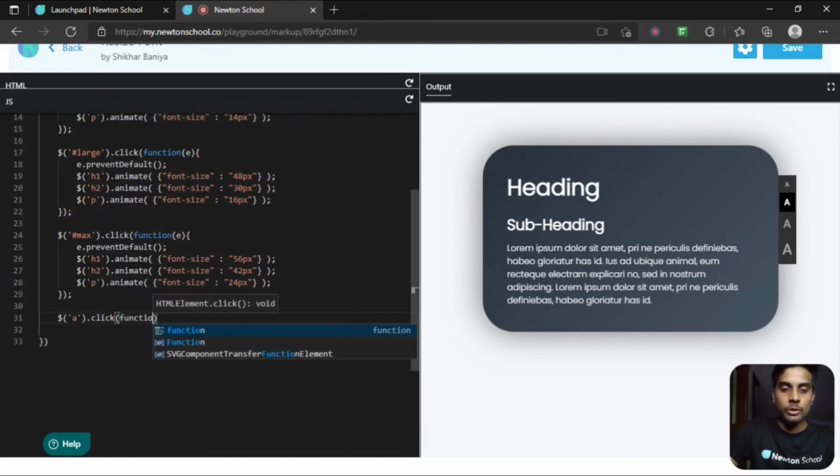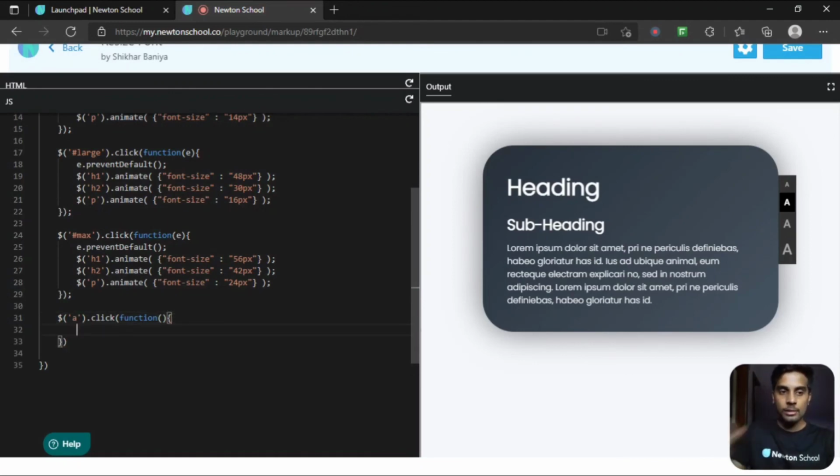I want to call a function, and inside this function, for the clicked one, I want to remove the class active.